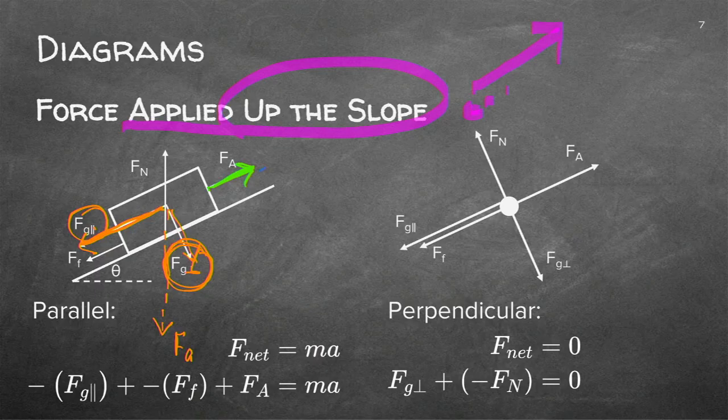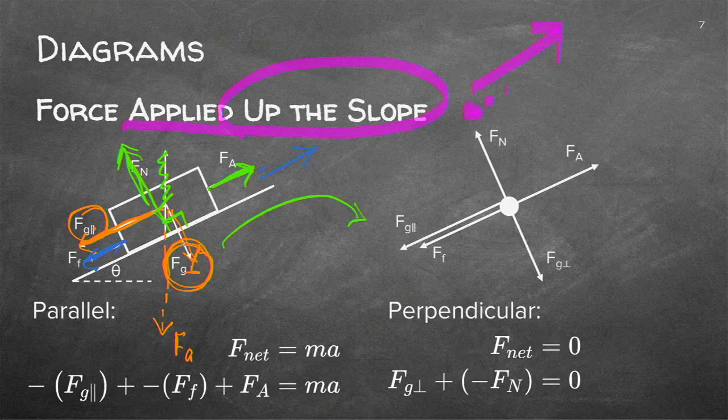What will I also have? Well, if it's applying up and it's moving that way, I will have a frictional force going that way. And as you know, the surface will always exert a normal force. And in this case, the normal force will be up there. So it has to be perpendicular to that. This seems to be a wrong line. Okay, let's see. Can you go from the force to the free body?